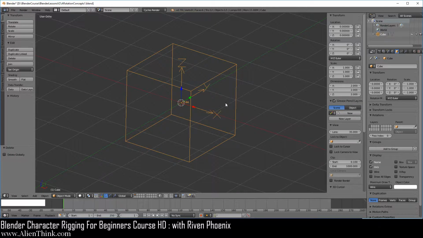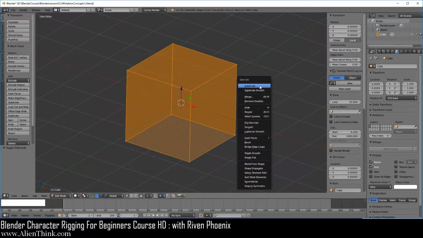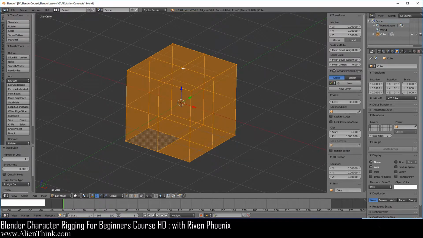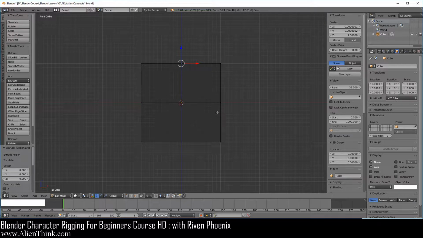Now, to understand what exactly happens to an object's rotation, depending on the rotation mode that you choose, we have to see this visually. So what I want you to do is click on this object and press the Tab key to go into edit mode, do W and subdivide. Now go ahead and just click on this vertex, press the E key, and then right click to cancel, and press the 1 key to go into your front view.